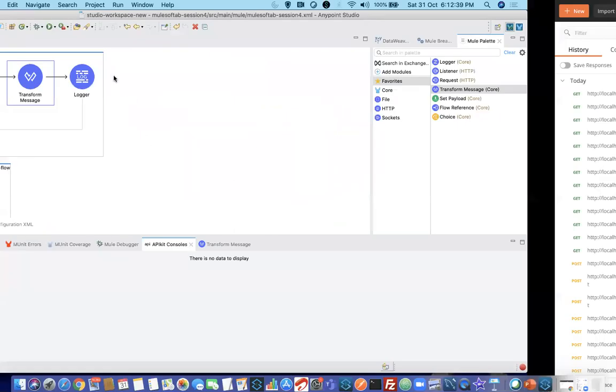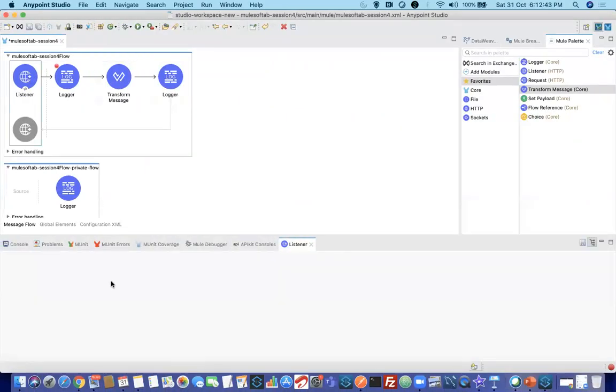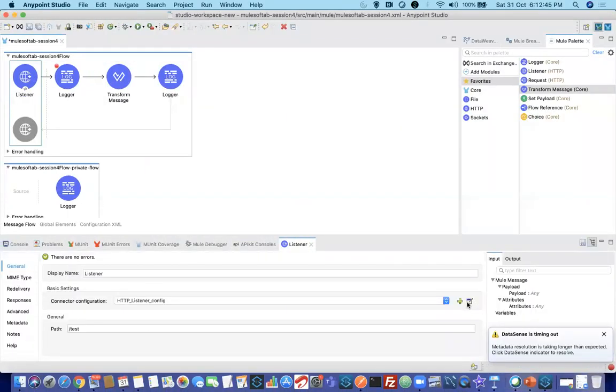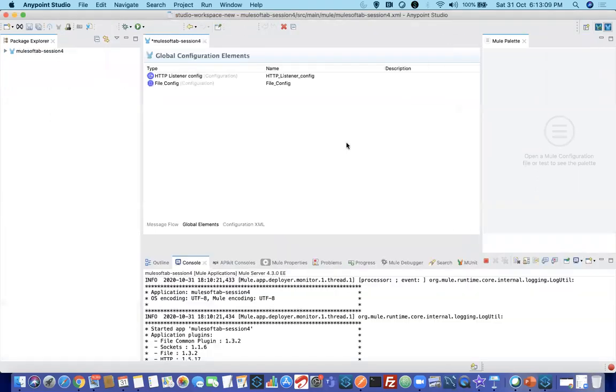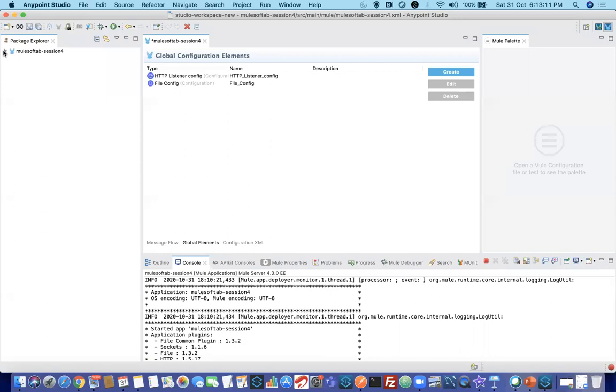What I was trying to say here is, suppose for example a listener is there. If you edit the configuration of the listener, you can see the port is 8081. I don't want to expose my port to everyone. I want to keep these things in a configuration property file and use the same thing in my project, calling it using dollar of. First, copy the value 8081, cancel it, and create a configuration property file. How to create a configuration property file?